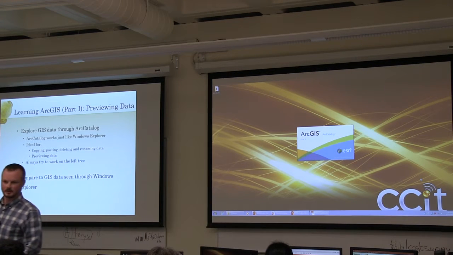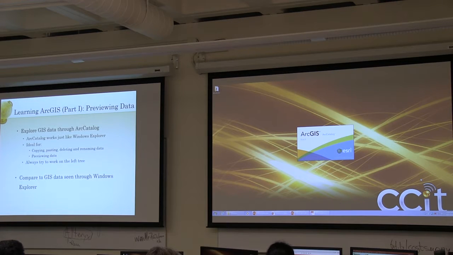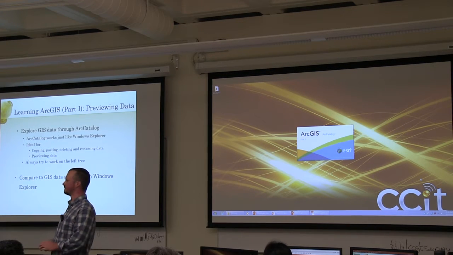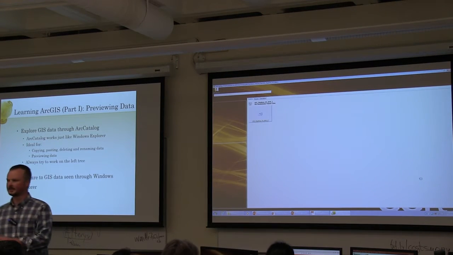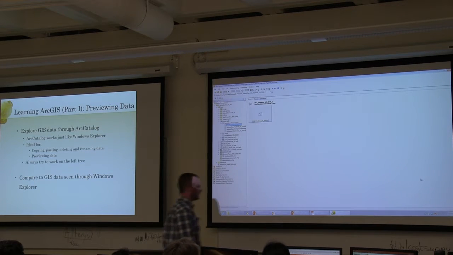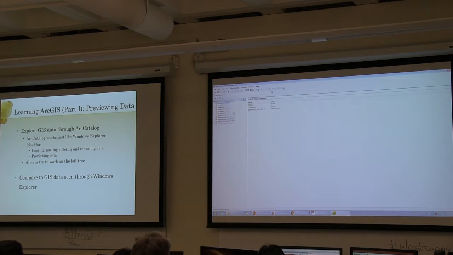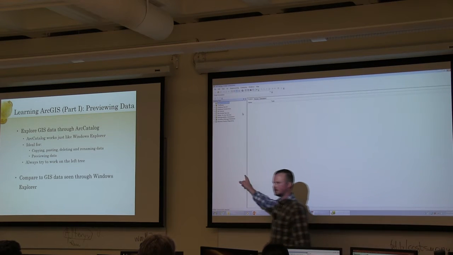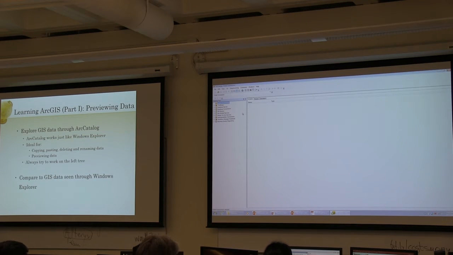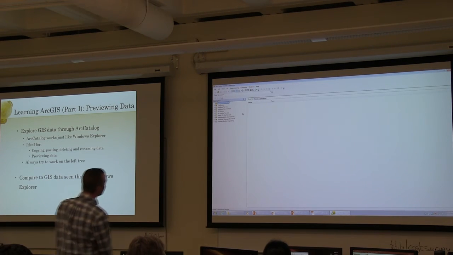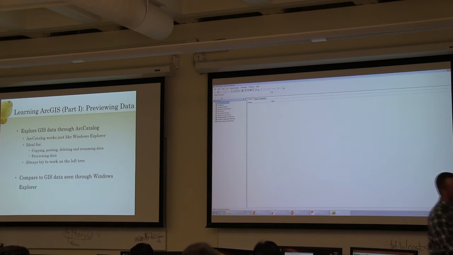You got it? Okay. So the first thing we need to do with ArcCatalog is tell it where our data live. We need to set up a file path before we can preview our data. So let me remove all mine. And does everybody see the catalog tree here on the left when you open that window? If you don't, raise your hand. What you'll want to do is click this button up at the top. It's right here. It says